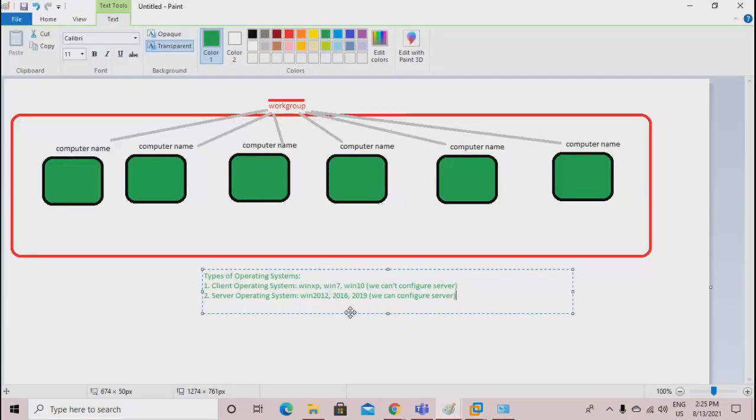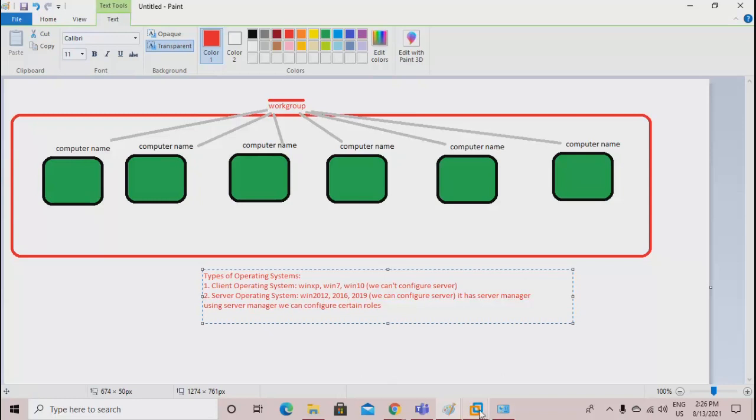What is the main difference? In a server operating system, we can configure a server. Why? It has Server Manager. Using Server Manager, we can configure certain roles.